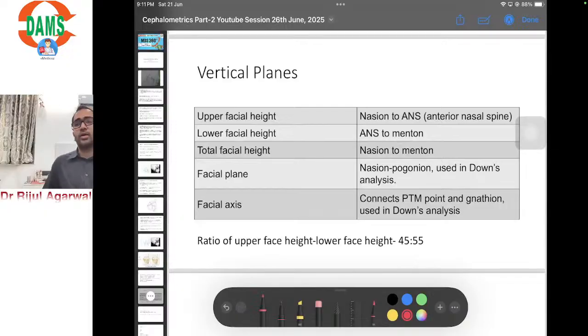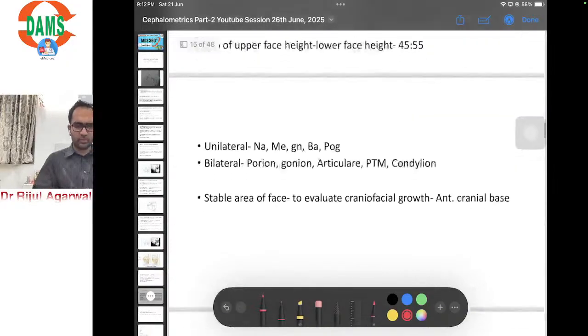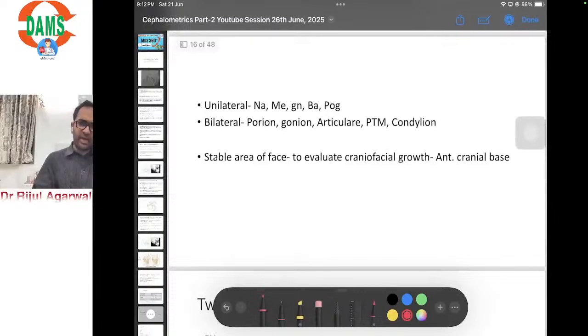Very important landmark. Remember, I have again taken up these landmarks because in the last exam, a direct match-the-following question came based on the definition of these landmarks. And now the ratio of the upper face to the lower facial height is 45:55. Unilateral and bilateral landmarks